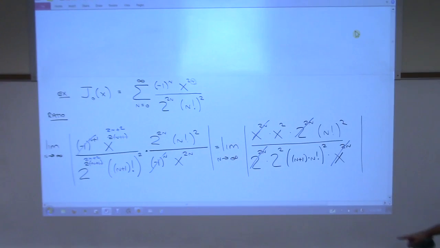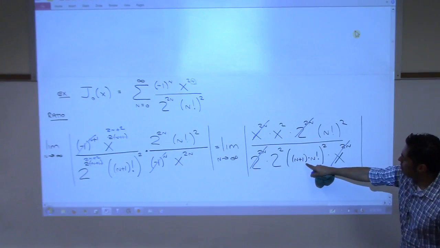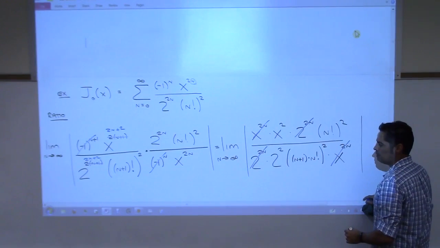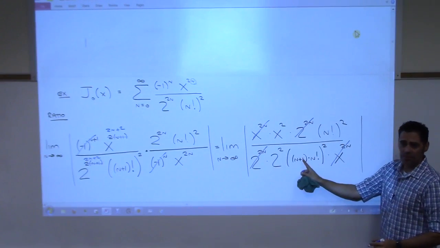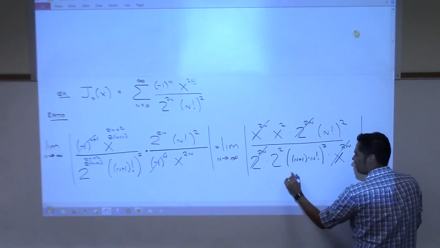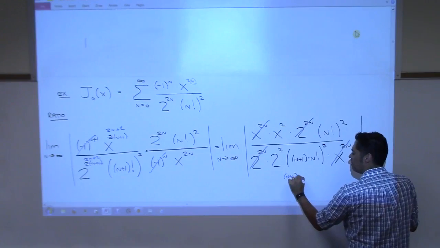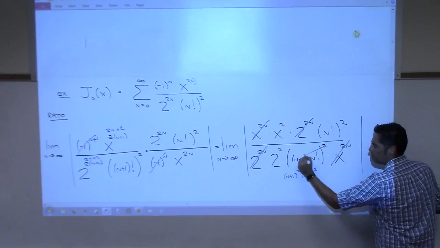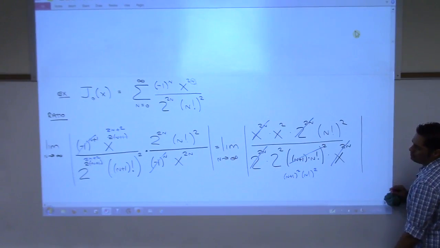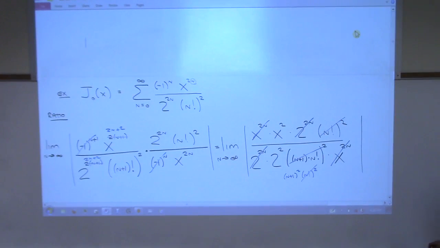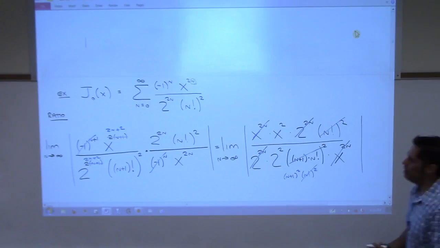Now, what can I do with this n plus 1 times n factorial, the whole thing squared? Can I square each one? Yes, because there's multiplication between them. I can't do it if it's addition. So just keep in mind, this right here is n plus 1 squared times n factorial squared. That's what that is, right? So what cancels? The n factorial squared. Pretty good, pretty good. Things are working out pretty smoothly here. I know it looks messy, but